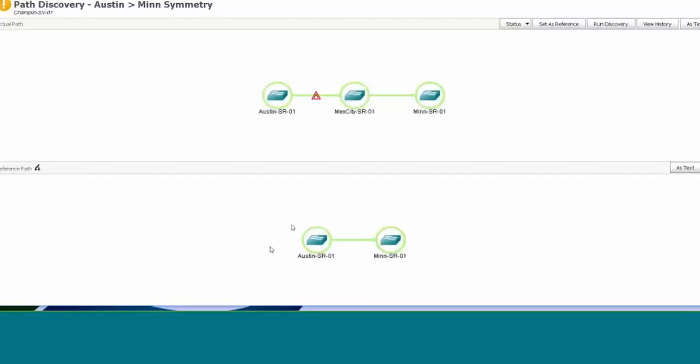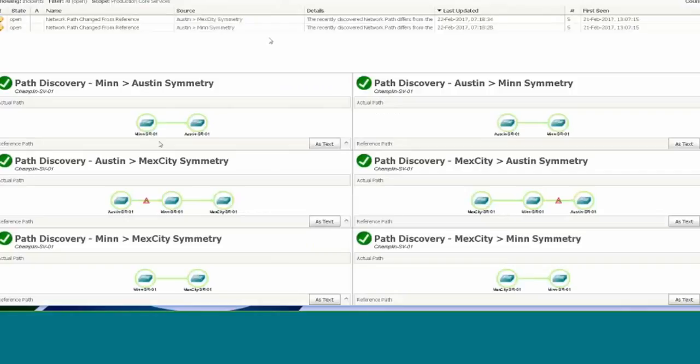If you take a look at my reference, the standard that I want is directly from Austin to Minnesota over a gig link. So I can use paths to very easily detect route symmetry. If I take this a step further, let's put this all together and pull it into a dashboard. I've got a dashboard set up that's targeting a view with a number of paths in it,